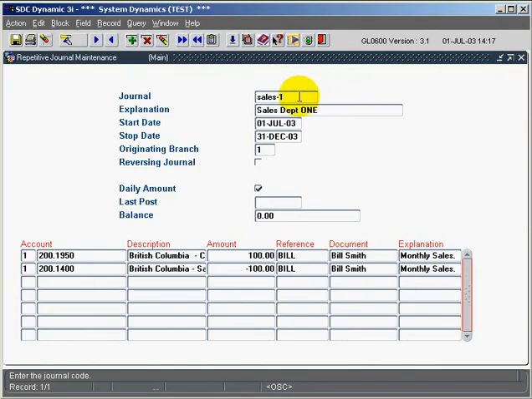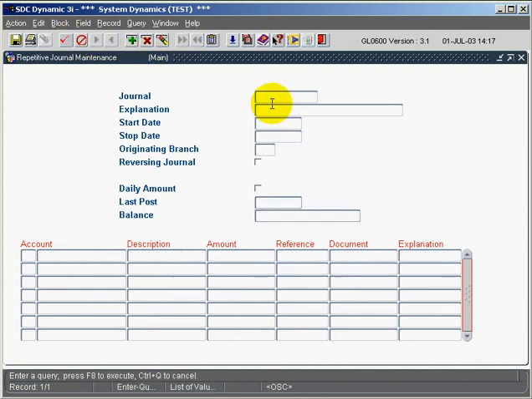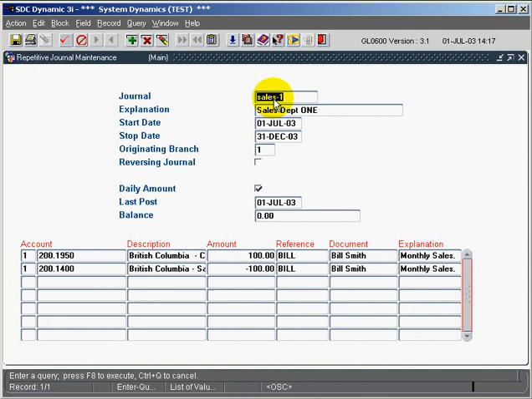Now the update program has finished. We're going to requery our journal. And now we can see that our last posting date was July 1st, 03. We won't be able to post again until the following period. We're going to now quickly go into the